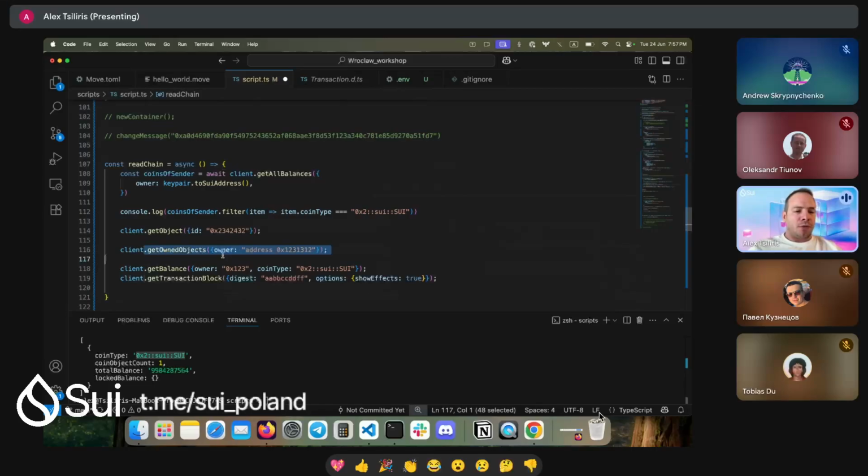You get all the owned objects. Usually this is the only read transaction that you will need. You see what type of objects. And also keep in mind that all of these things have pagination. So there's always a cursor, and the response itself